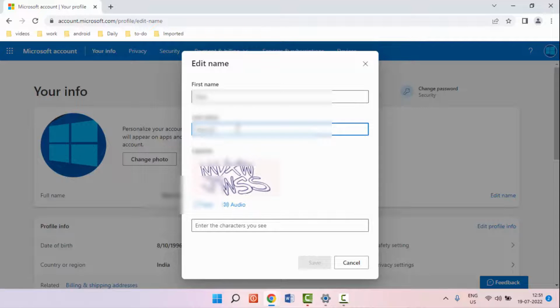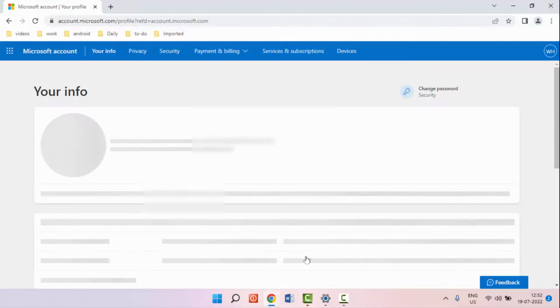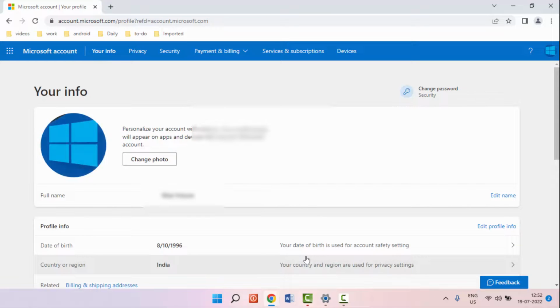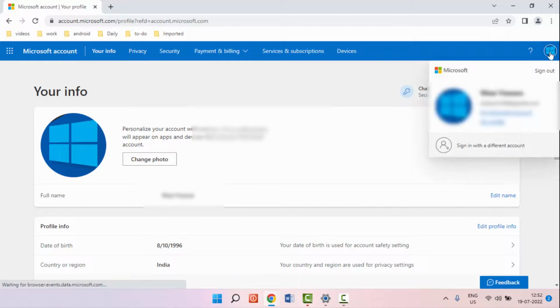After entering the name, you need to enter the captcha given here. As you can see, just enter the captcha. After this, just click on Save. That's it. So this is the easy and very simple method to change or rename your Microsoft account name on your Windows 11. After renaming, if you want to log out of your account, from here you can easily